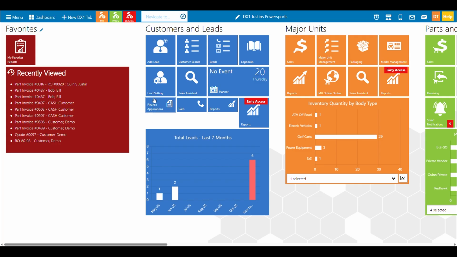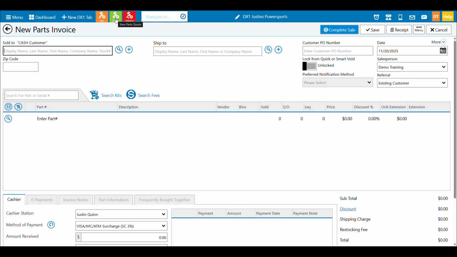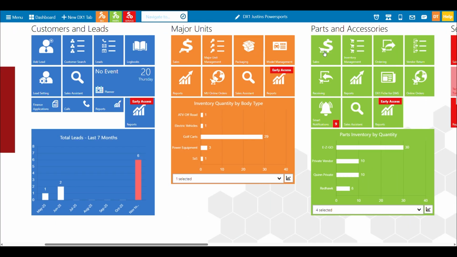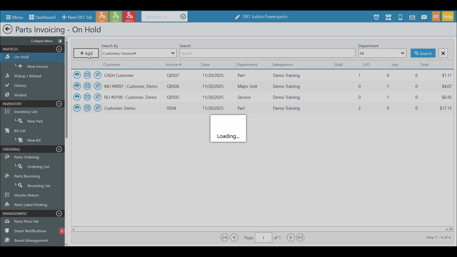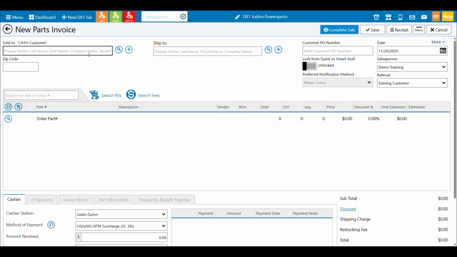One of the things I want to point out is you can save yourself a lot of time getting to a parts invoice by just going up to the top of the toolbar that we see here and clicking the little green box, which will take you straight to a new invoice in a new tab. A lot of times people come over, they click sales, that's one click, they got to click add. And when you talk about that many clicks over a year, over a couple years, they can add up. So again, just wanted to point out the best way from anywhere in DX1 on any page to get to any invoice, if you have the correct permissions, is to use the little colored squares up top.